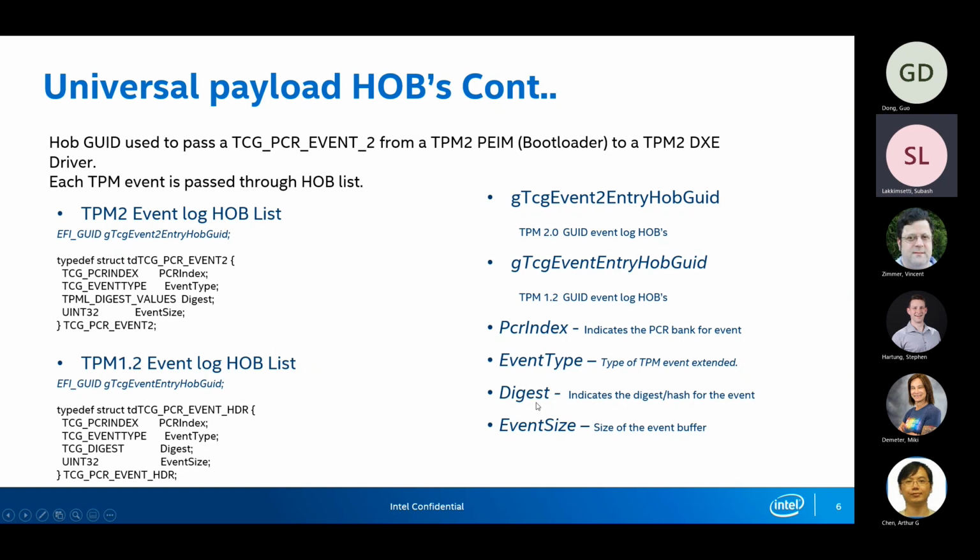And this is a digest. A digest is a hash value, like SHA-256 or SHA-384, which is extended to the TPM. And this is the event size, like a string. When we are executing from the bootloader and updating some boot component or firmware, like some UEFI string type of thing, this will also be passed here as part of it, so that when we see it from the OS level, we will know the reference and the event sizes.